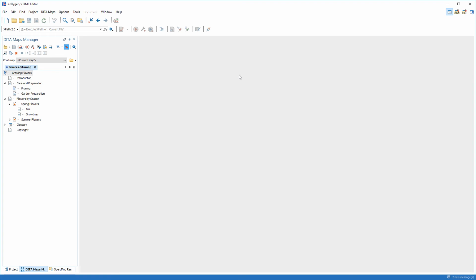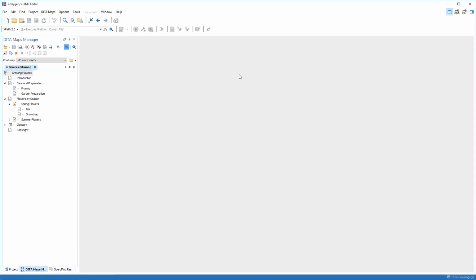The third method that I want to show you is a feature that allows you to quickly create multiple skeleton topics at once, and you can easily specify their structure within the DITA map. In my use case, I need to add a new chapter in my documentation, and I've planned out its structure in advance. I know what the hierarchy of my new chapter will look like, and I know the titles for all of the topics. Basically, I want two new chapters, Autumn Flowers and Winter Flowers, and a couple of topics